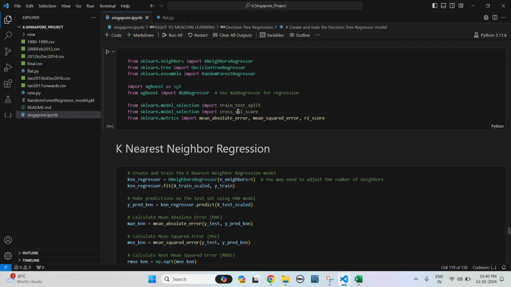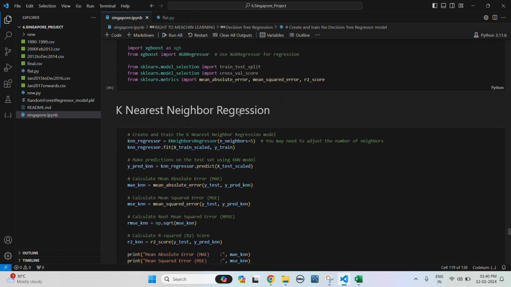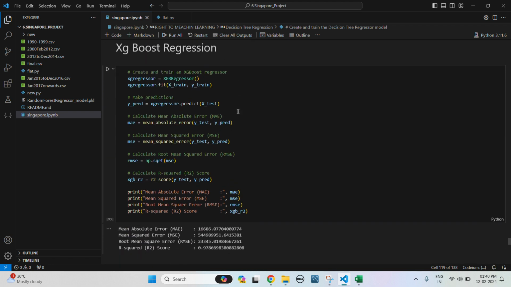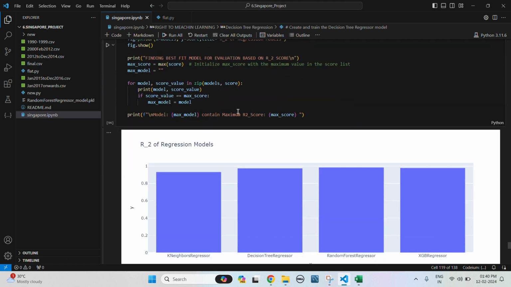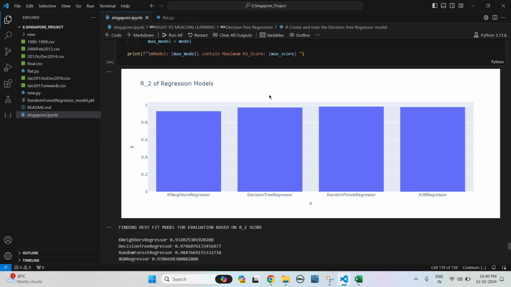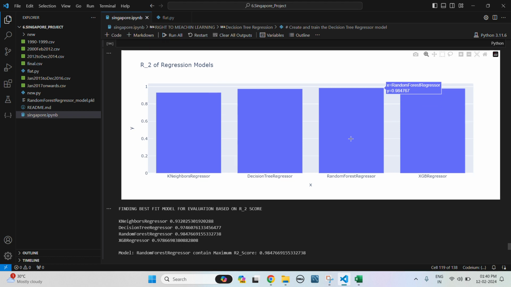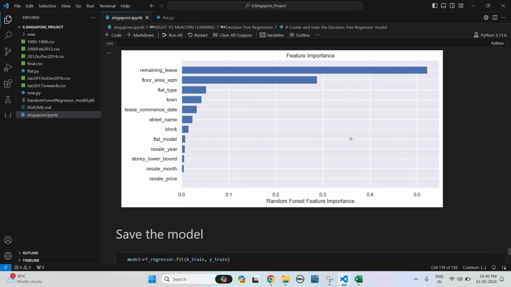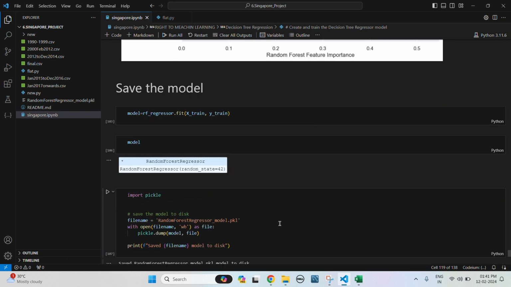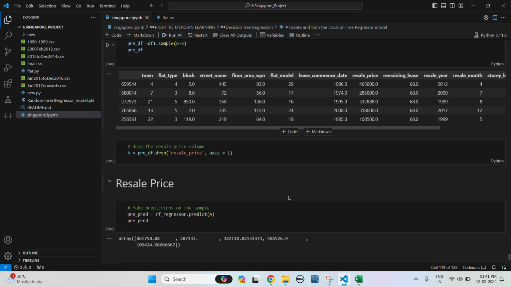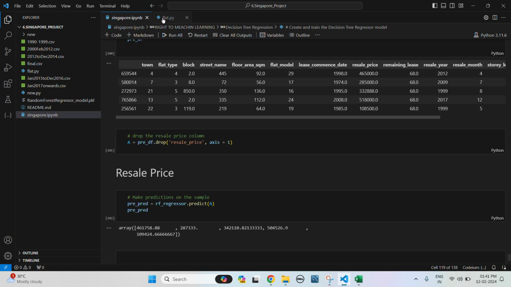In this project, I have used four algorithms: K nearest neighbor regression, decision tree regression, random forest regression, and XGBoost regression. Comparing these four algorithms, the random forest had the highest R2 score, and feature importance for the random forest algorithm. Save this model using a pickle file, and some examples of predicting the resale price, and go to the